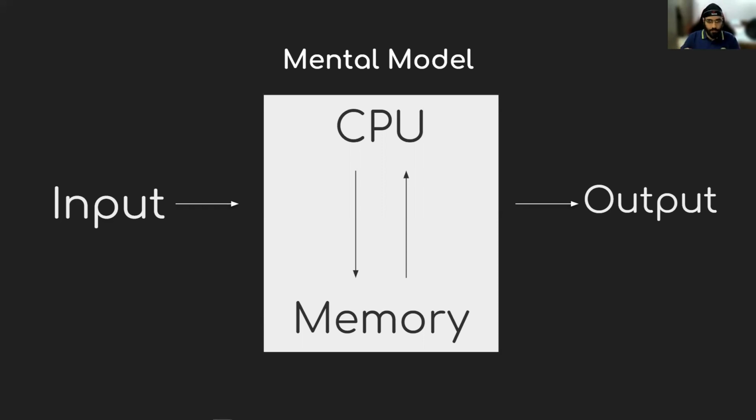So you always have some input that your code will take. You'll have a compute which will contain your CPU, which will actually run those instructions and the logic that you've written. And then it will use memory to store data, retrieve data, and make changes in that. And then finally you send an output. So in Airtable, input is something that you pass to your script through your automation. Memory is actually the Airtable database, the base tables where all the data is stored. CPU or the compute is the program that you're going to write, and the output is something that you pass to the next thing in the automation.